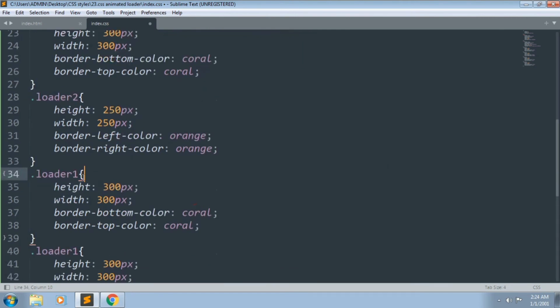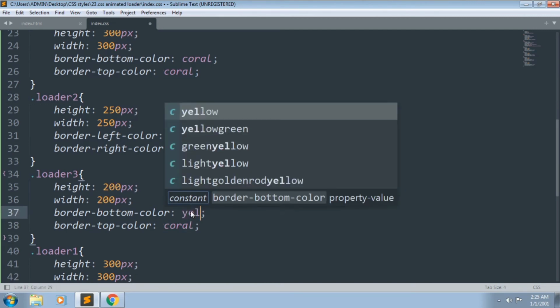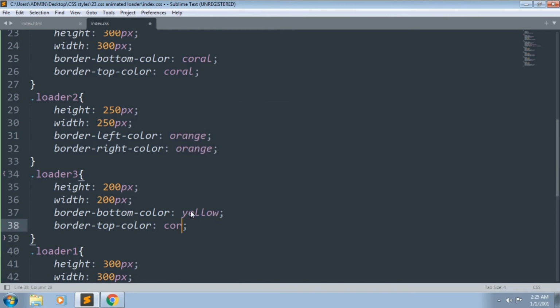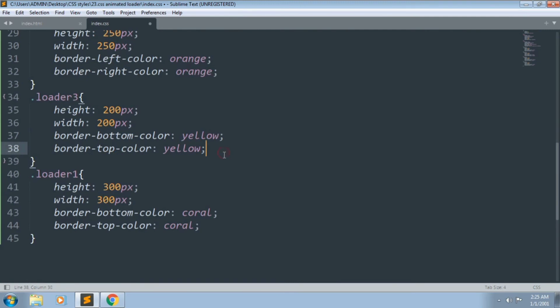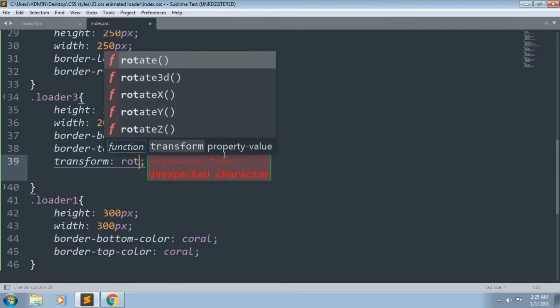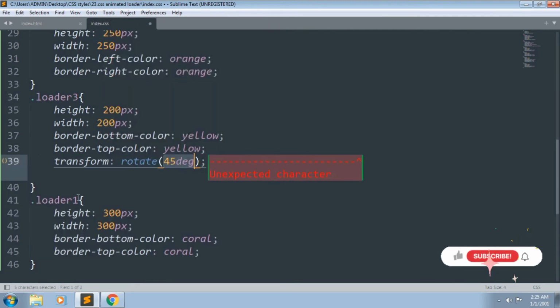And we want to change this Loader3: height 200 pixel, width 200 pixel and color is yellow, and this color is also yellow, and we want to add this transform rotate 45 degree,